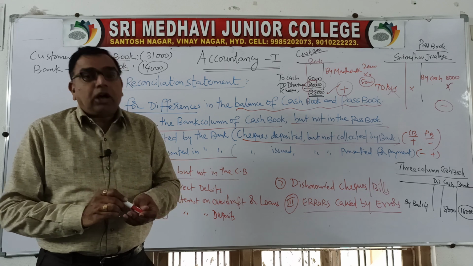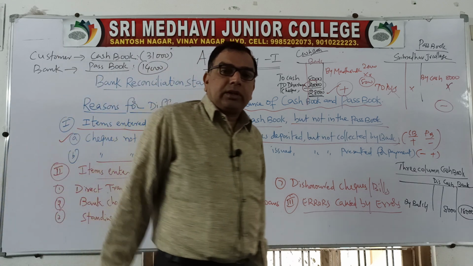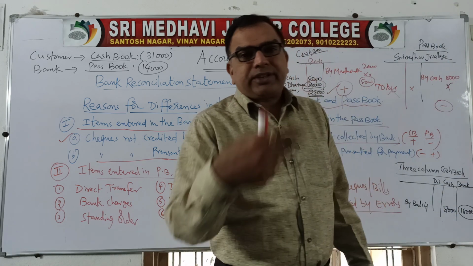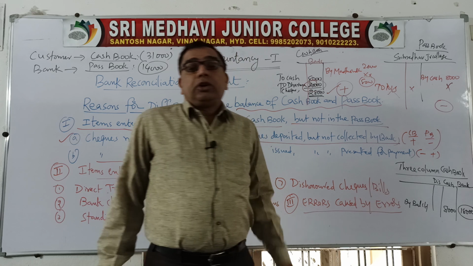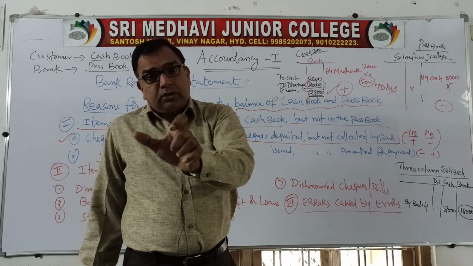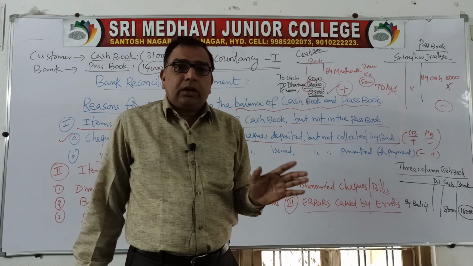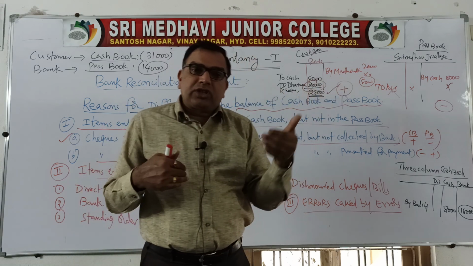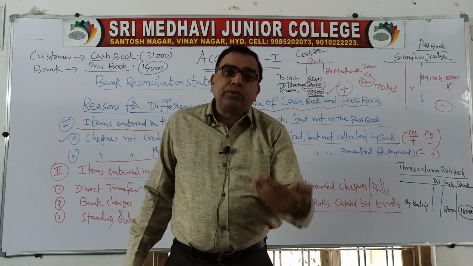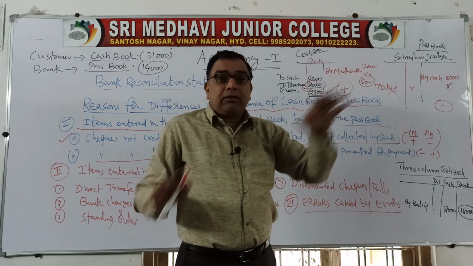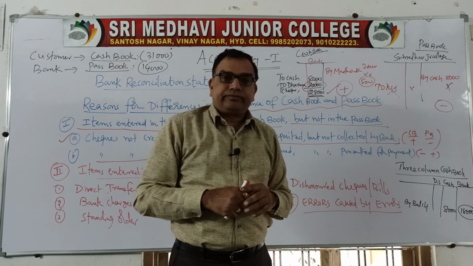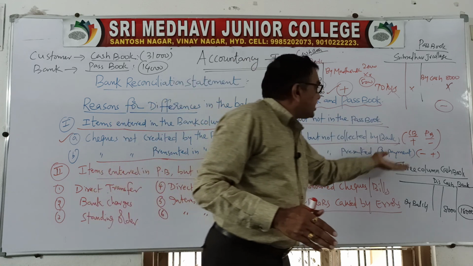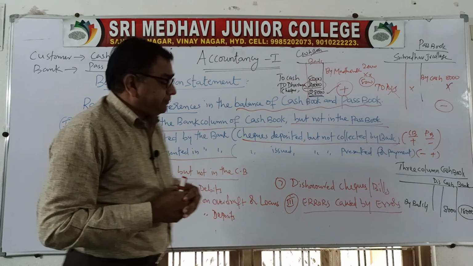Because in the office, the accountant is assuming that the check is issued. Check is issued means drawing the check and giving it to your employee for salary or for some payment. You think that the employee will go to the bank and will withdraw money. So you will think that money is going out, you will write on the credit side, you will reduce the balance. But the person to whom you have given the check will not go to the bank and will not withdraw. Some other date he will withdraw. Okay. So in this gap, cash book balance will be less and passbook balance will be more.